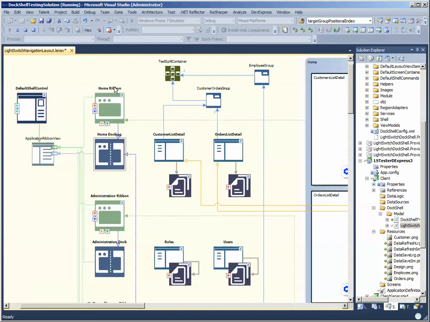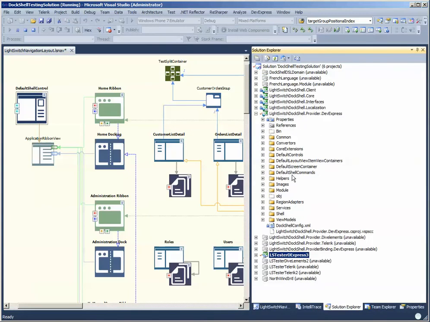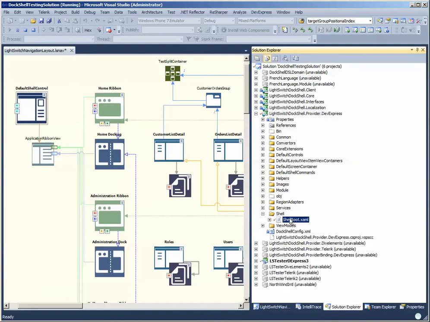But again, this is all standard DockShell stuff, and all of this gets transformed into a set of partial classes that get compiled into your LightSwitch application, and then the DockShell shell extension actually interprets those at runtime to build out the UI. So the actual shell that we're looking at is derived from this particular control, and that control is part of the provider project, which every provider will have at least one shell example, which is this one here. So if I were to open up this shell, for example,